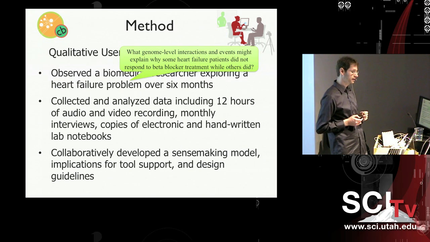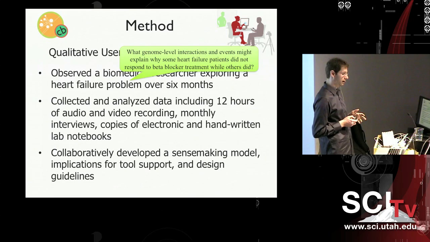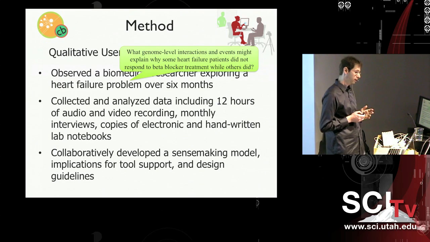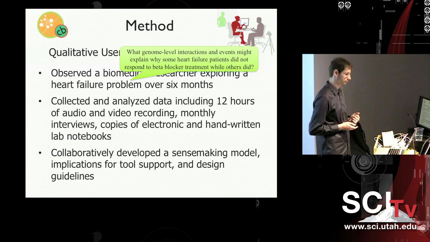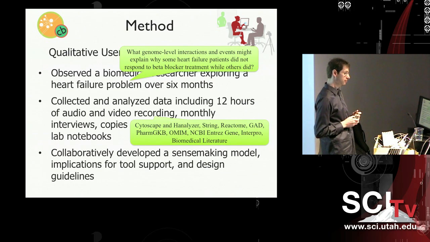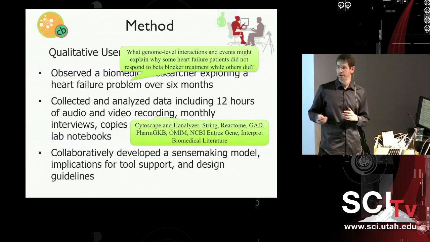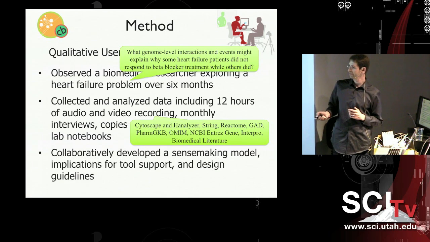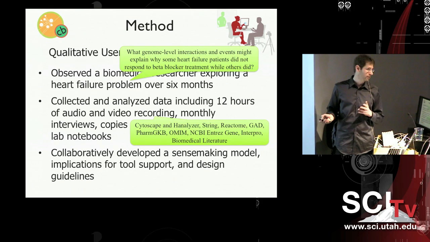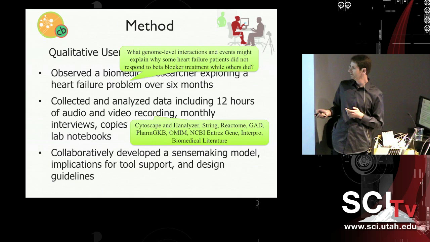And so we collected, again, a lot of data, including 12 hours of audio and video recording of the screens. We collected copies of monthly interviews and her written as well as electronic lab notebooks. And she was using a lot of different tools during that investigation. So she was using Cytoscape and Analyzer, which is a plugin in Cytoscape for network analysis. She was using a lot of different online tools for data analysis and a number of biomedical databases and the